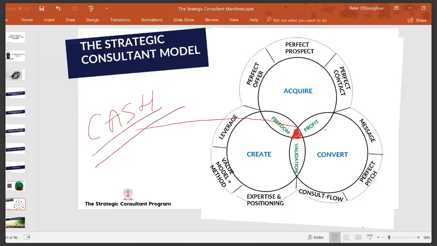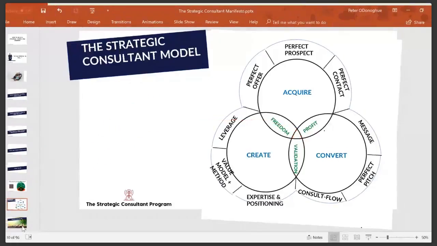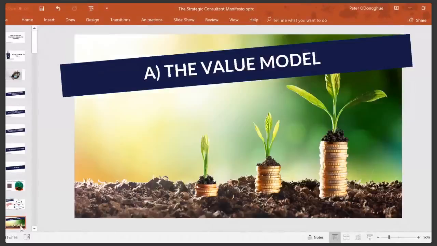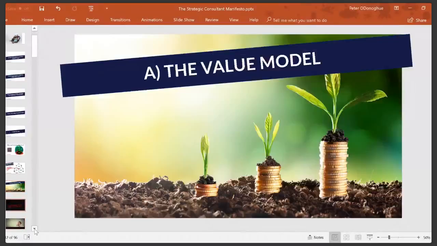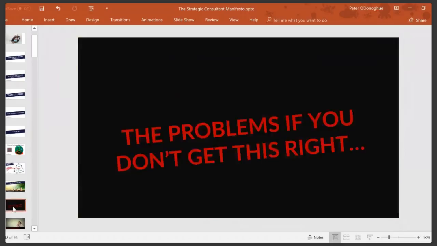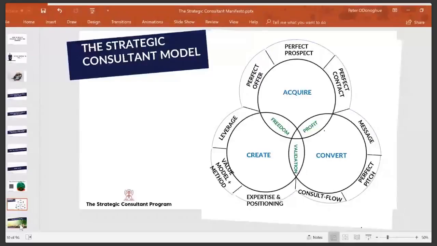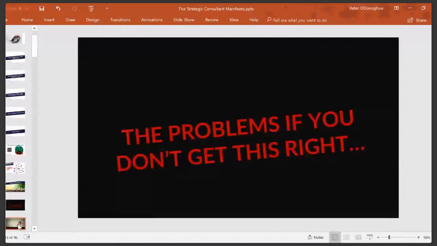Okay, Pete, that's enough. You say, I want to get on and I want to hear it. So the first one that we're going to look at, we're going to look at a couple of components. There's 9. There's no chance we're going to do it in the time that we have allotted. So we're going to look at the value model. So the value model. If you don't get the value model right, you're going to run into a number of problems. First problem that you're going to run into,